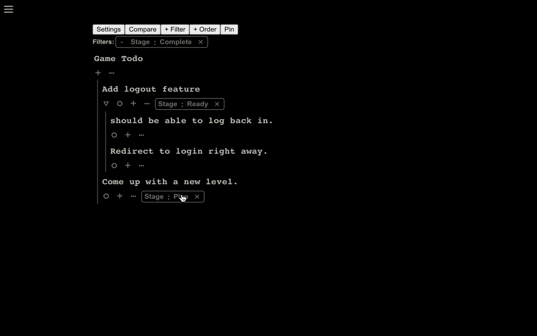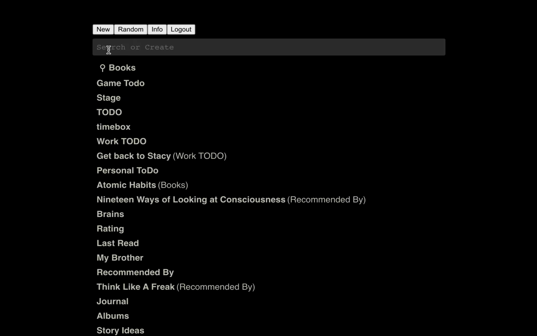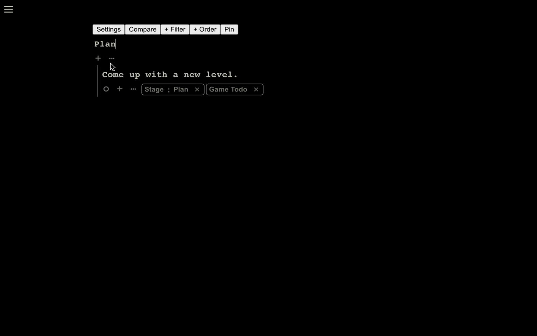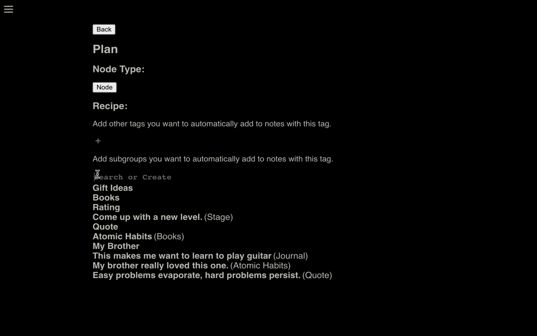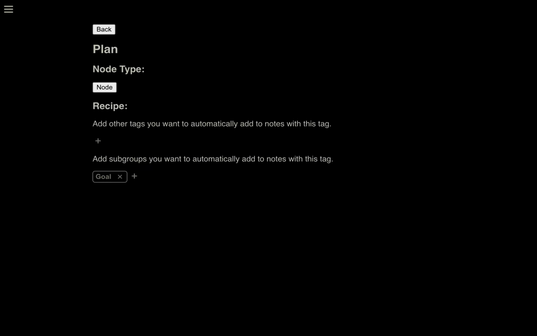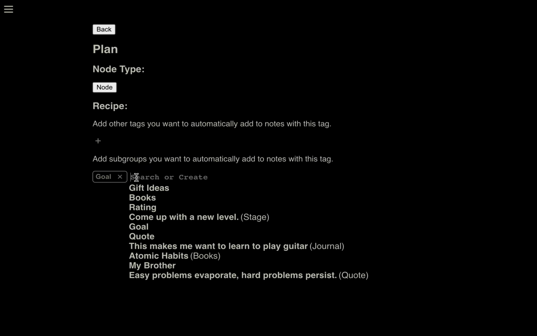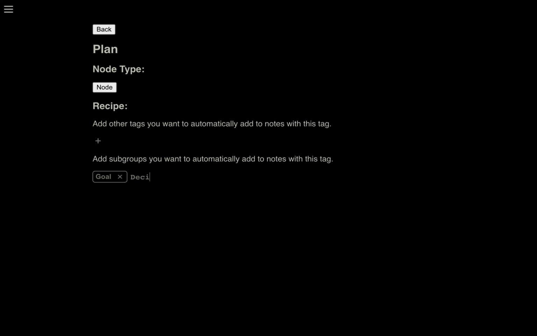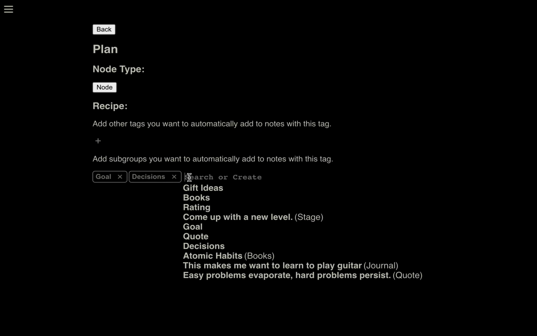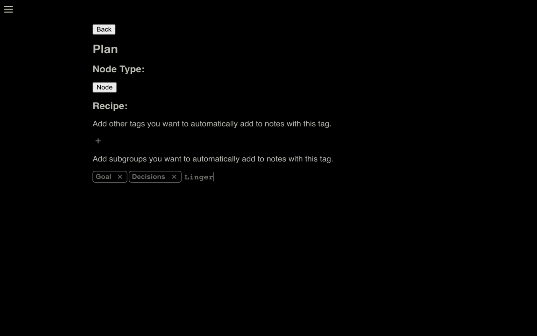Another thing that's kind of cool too, let's say that I want to have a template every time I am going to plan something for my game, right? So if we go to plan, we can add some sections here. So I want to know what's the goal. What are my decisions? Like, what am I going to do? And what are my lingering questions? Like, what do I still need to figure out? Cool. So when I go back,